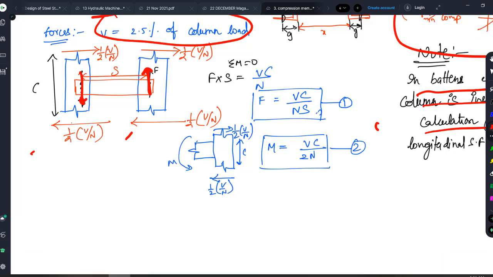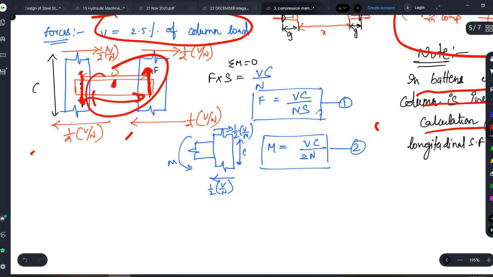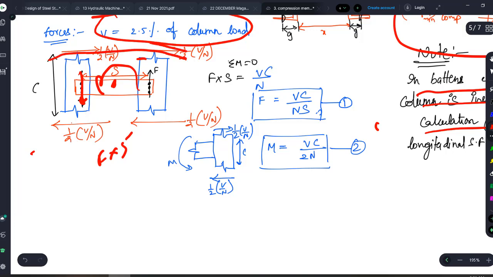So very simple. What you can do is you can take moment about any particular point. Okay. So what is happening? What is the moment? You can take moment about this point. So force into distance, agreed or not, it is just like a couple, F and distance is, let us say, S. So I can say the couple acting here is in the anti-clockwise direction, which is F into S, and because of these forces, what is the moment coming here?